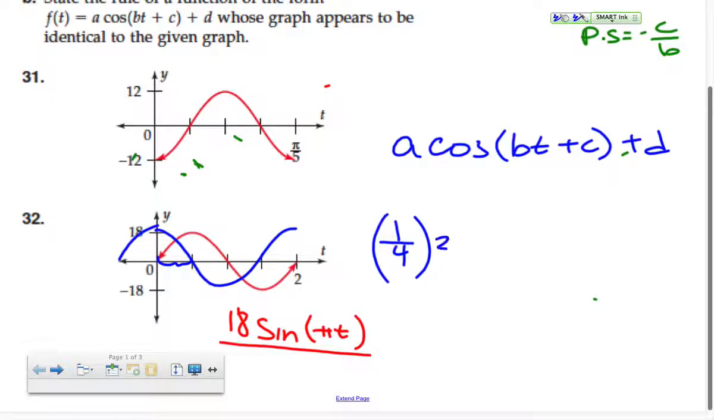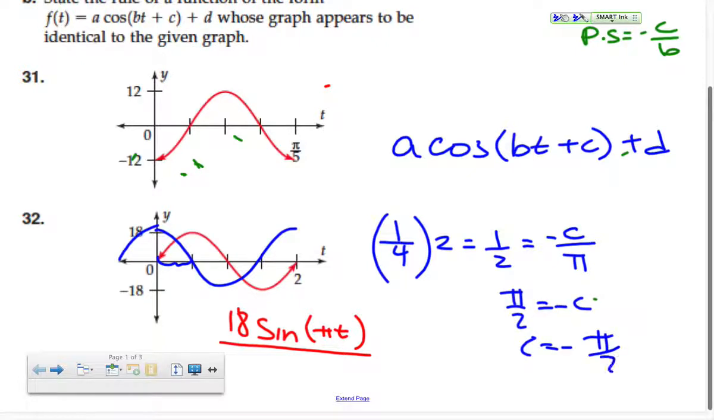So 1/4 of 2, because my period is 2, equals 1/2. So it's 1/4 of that. So it's 1/2. So 1/2 is going to equal negative C over B. Remember we found our B value on the last one, it was pi. All right, so we get pi over 2 equals negative C, so C equals negative pi over 2. So my amplitude stays the same. Again, you'll notice that there is no flipping. I simply shifted. So it's 18 cosine, my B value is pi, minus pi over 2,